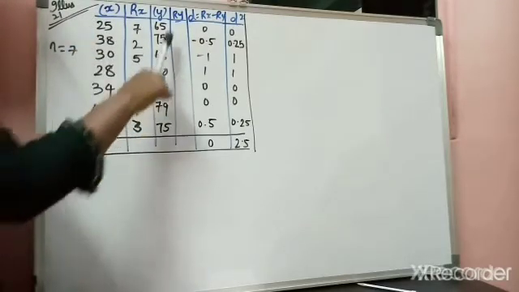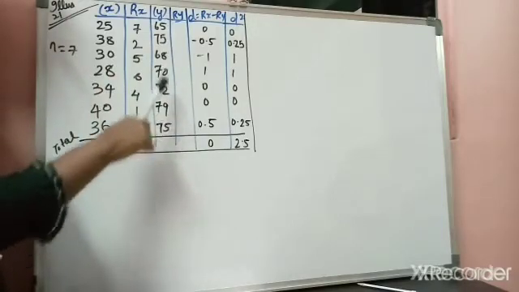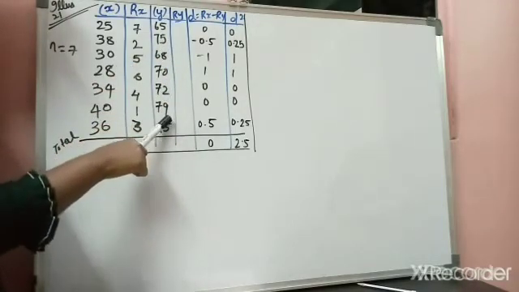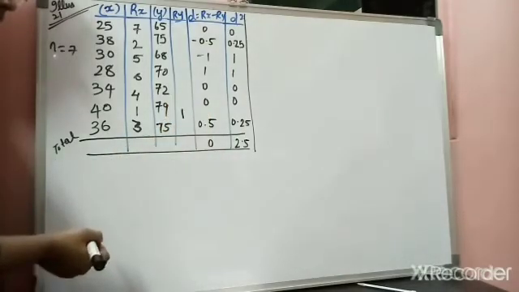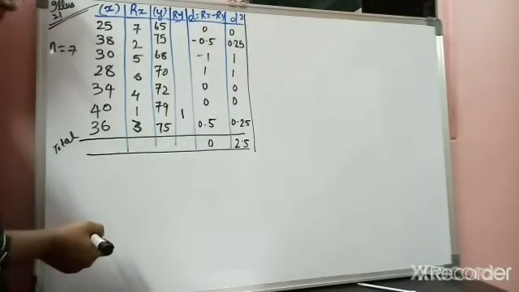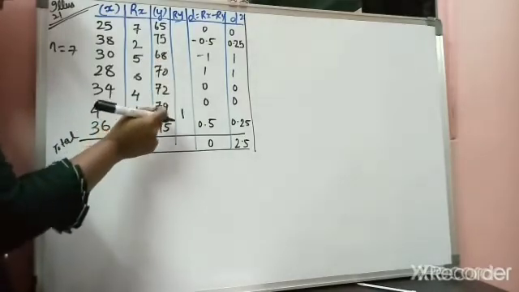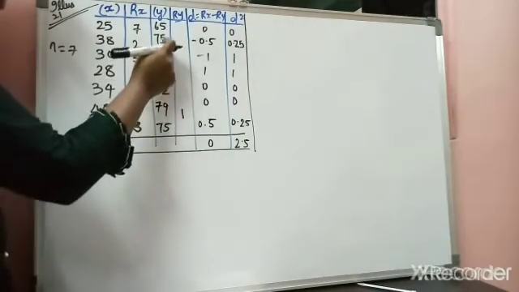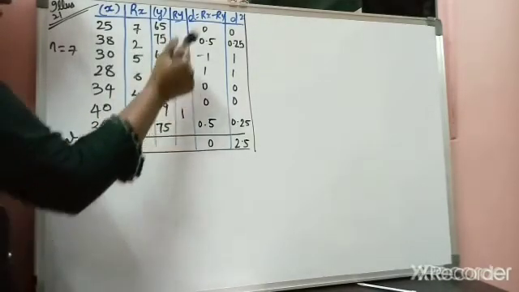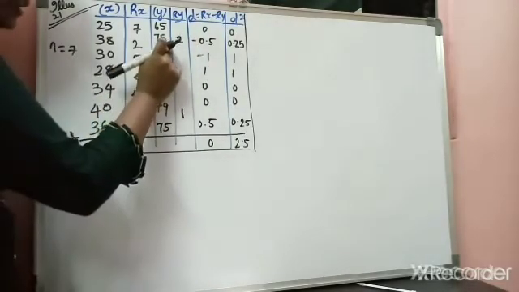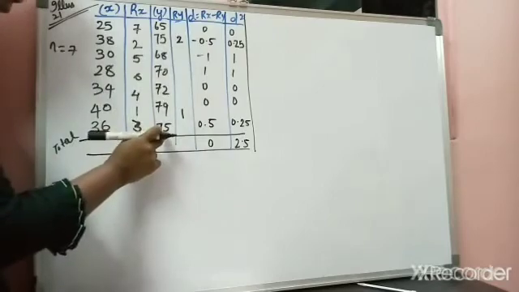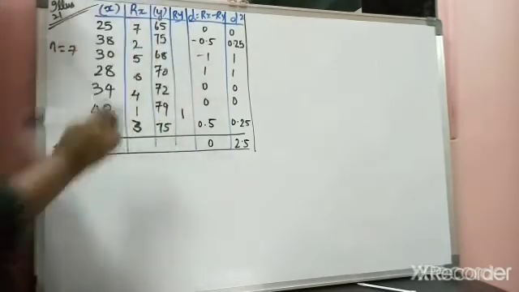Then for the Y variable, see the highest value. We have 79 as the highest value, so putting 1 as the rank. Then the highest is 75, so after 1 we are assigning number 2. But see here, 75 is here also and here also. So how would you write over here 2?